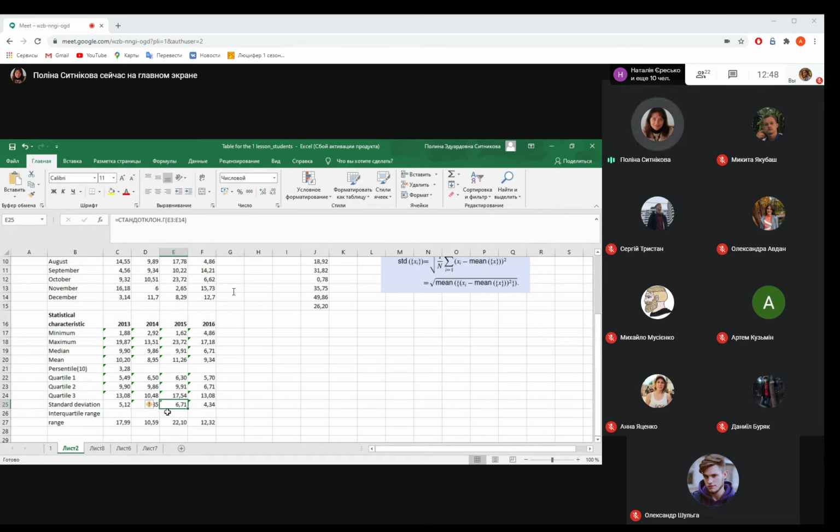And the last characteristic is the interquartile range. The interquartile range is the difference between the third and the first quartile. So we can find it as